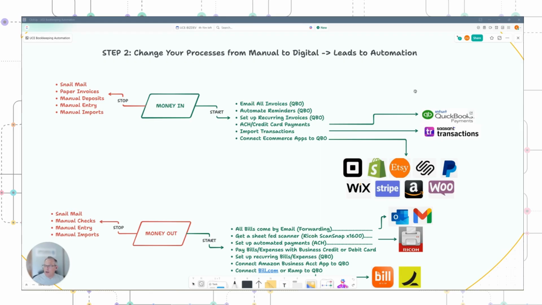Welcome back to this series on automating your bookkeeping using QuickBooks Online. In this video, we're specifically going to be looking at the option to connect some e-commerce applications to QuickBooks Online so that it can help you eliminate the need to do any manual entry or any manual imports from your e-commerce channel into QuickBooks. And you can see there's a lot of different options available to us in terms